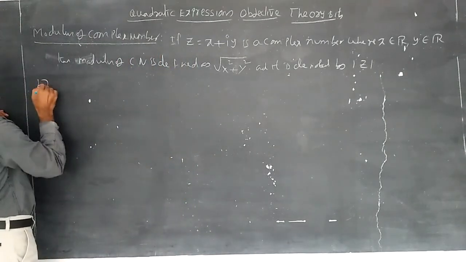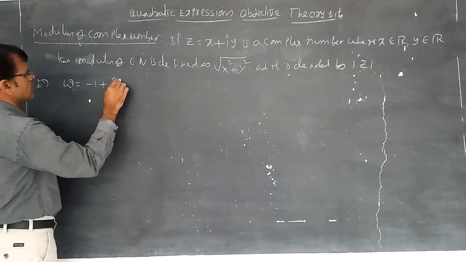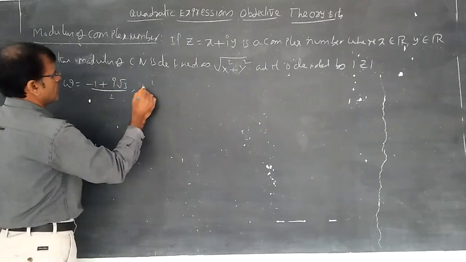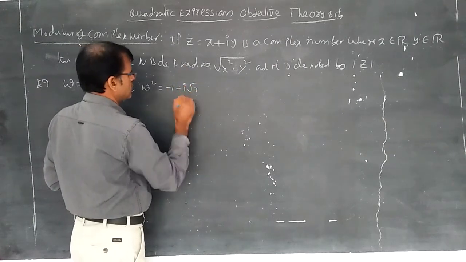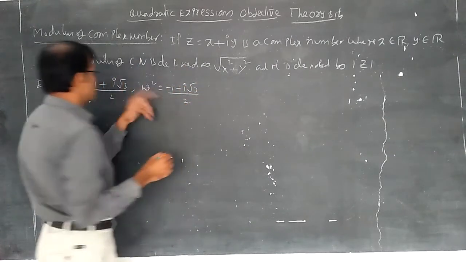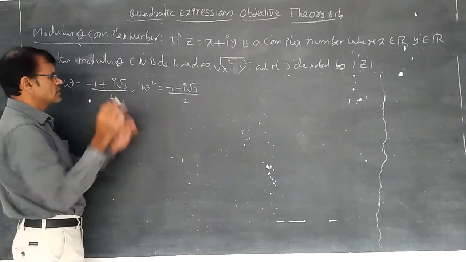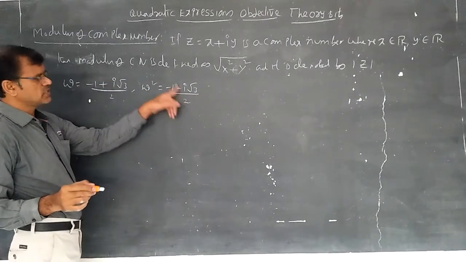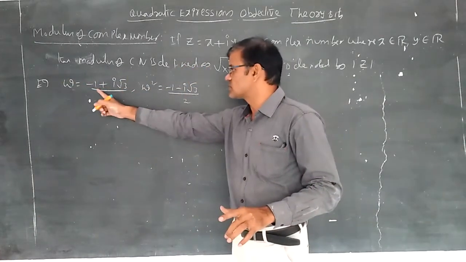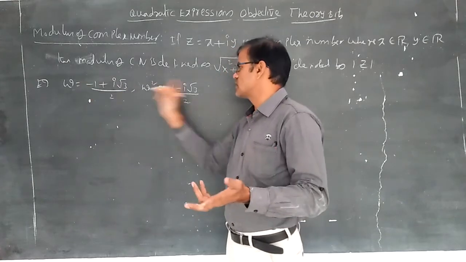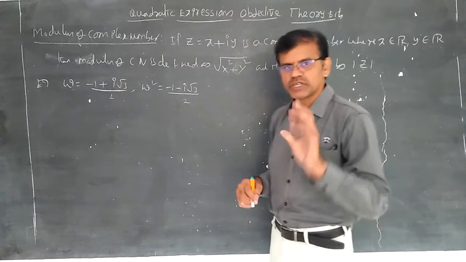Let us see an example for the modulus. Omega is (-1 + i√3)/2 and omega square is (-1 - i√3)/2. Already I said these two are conjugate complex numbers. Conjugate means, don't get confused, students: if plus is there, in its place minus should be there, and if minus is there, plus should be there. Like a + ib and a - ib. There is no need to get confused about the -1; that can be anything. But in the middle, the symbol should be changed.